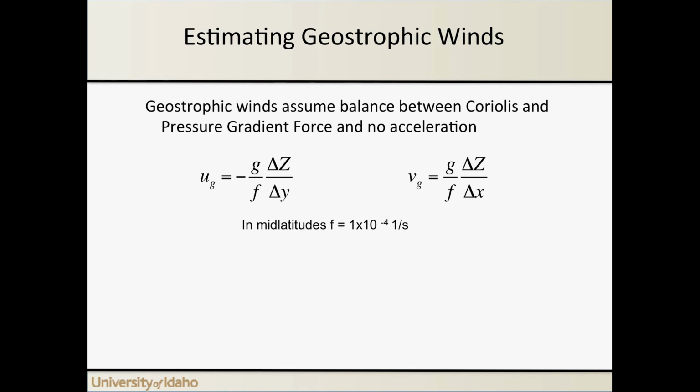We can estimate the geostrophic wind using a set of equations here. And these equations are actually fairly simple in concept. They tell us that the strength of the zonal wind, which is UG, with the north-south wind being VG, is equal to gravitational force divided by the Coriolis parameter times the gradient in height, which is delta z over delta y. All that represents is the slope of the height surface over